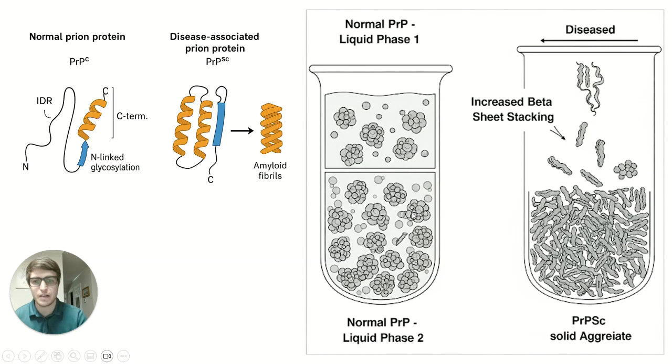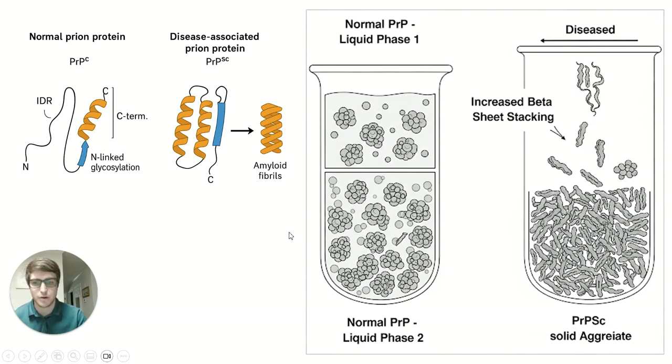And this is happening because of how the intrinsically disordered portions of the protein bind with itself and thus organize water, because all these proteins are mainly in water. And then it's going to organize the water and the protein in a way that's either very flexible and dynamic, which is how it's supposed to be, or more rigid, which is going to form plaques, which is seen in